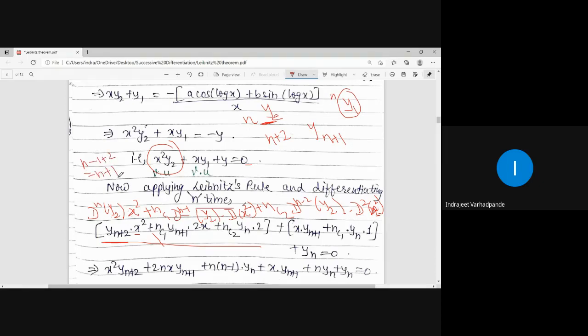N plus 1. So what will be the step over here? Y n plus 1. And what is the derivative of x square? 2x plus nC2. What is dn minus 2 of y2? Add them together simply: n minus 2 plus 2. What will it give us simply? n. So what is it? Yn multiplied by the derivative of 2x, which is 2. I hope this bracket is clear to all.